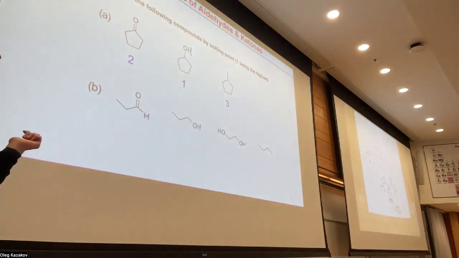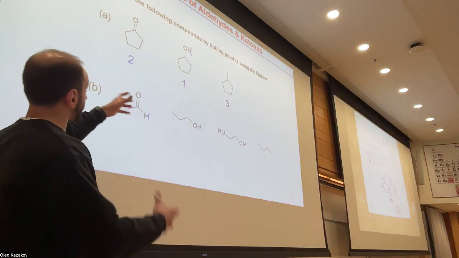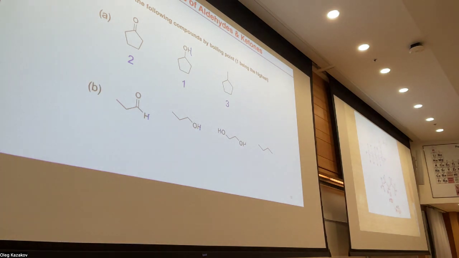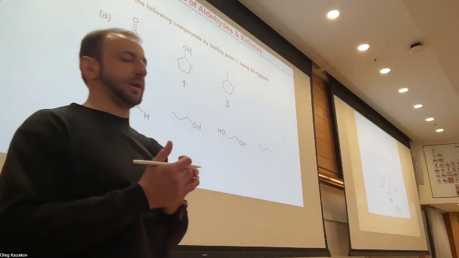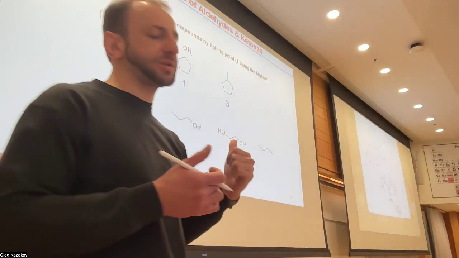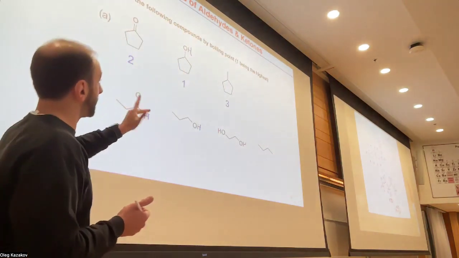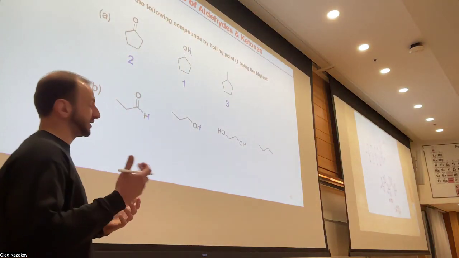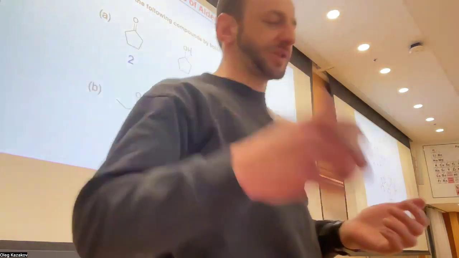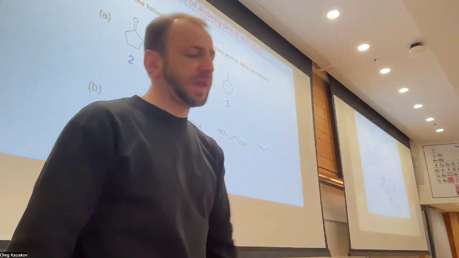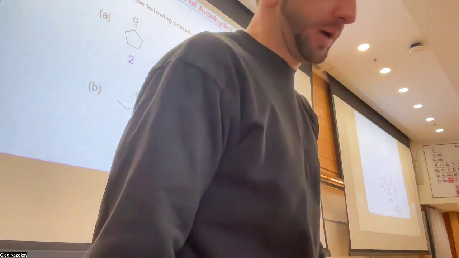So alcohol, hydrogen bonding, highest forces. Ketone has slightly weaker forces because of dipole interactions. And number 3 will be the lowest boiling point because it is just London dispersion forces in the case of the cycloalkane. Now if we have a look at B,